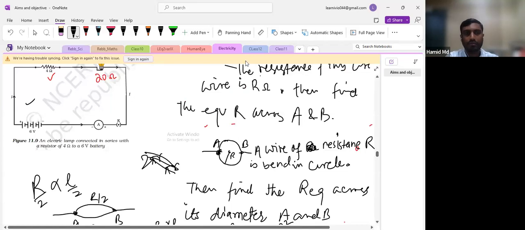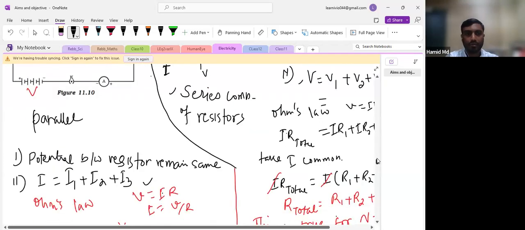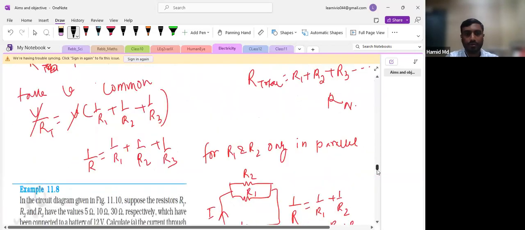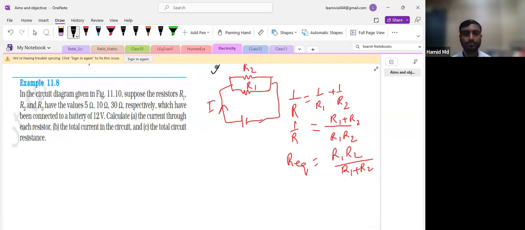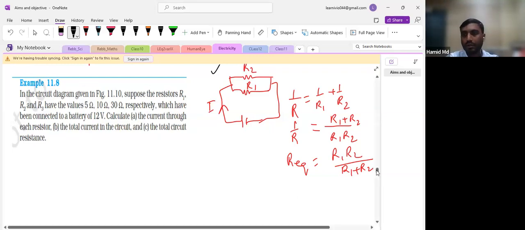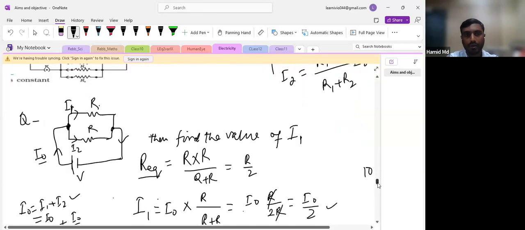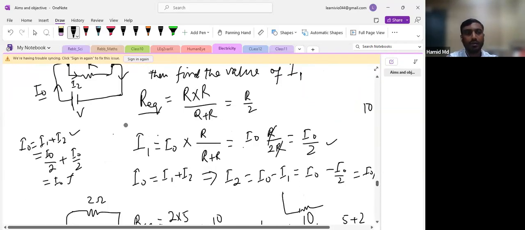right? This was one problem, and there was a parallel combination. This is one of the examples of parallel combination, right? Remember? So we went on solving all these. And what next? We calculated the numericals as well. I think this was one of the questions we solved, how much current will be distributed if we have